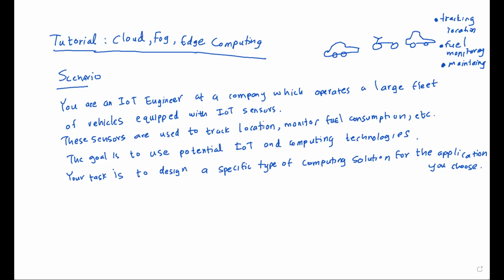So based on that, you need to choose what is the best computing method that you need to use. So there are three basic computing methods, as I mentioned before. So cloud computing, fog, and edge computing. So you can choose the best method of computing depending on your application. Okay. So the first question is that